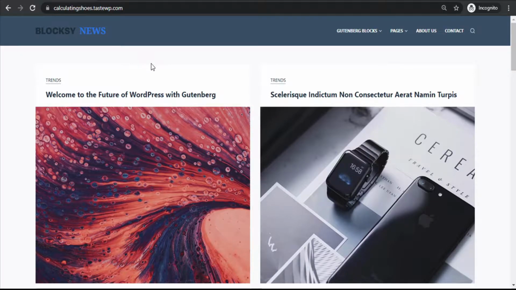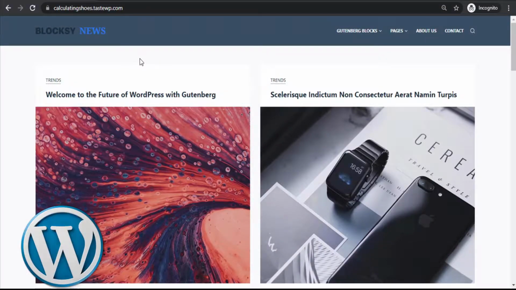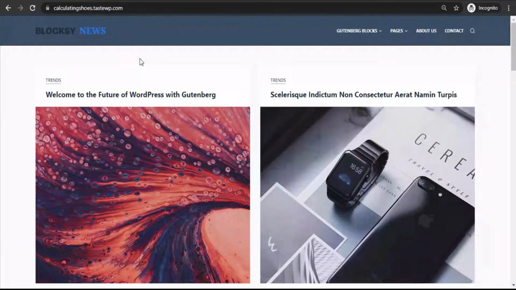So basically for creating these sites we use a CMS tool which is known as WordPress. With the help of few clicks and just drag and drop we are able to create an amazing site. And guys, if you don't know about WordPress or anything, just don't worry, I'm gonna explain you each and everything step by step in this complete tutorial.